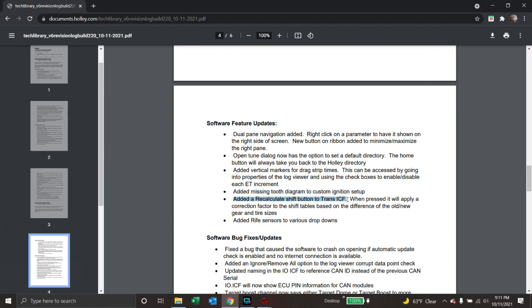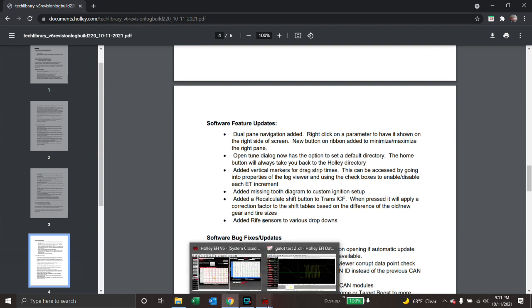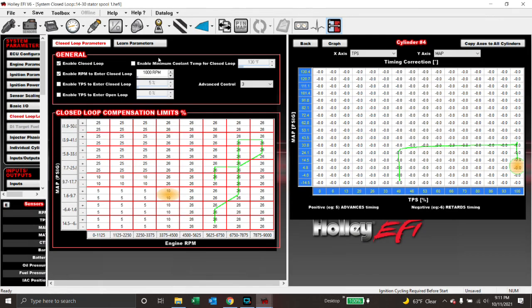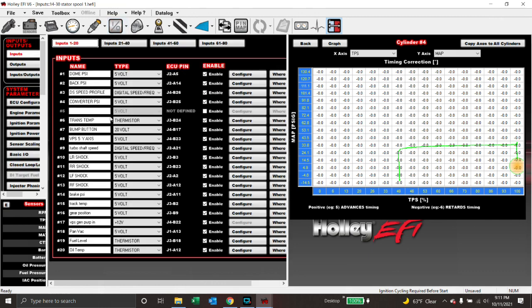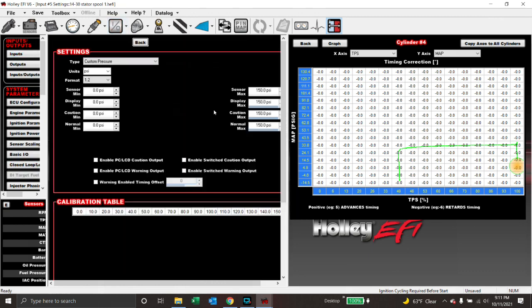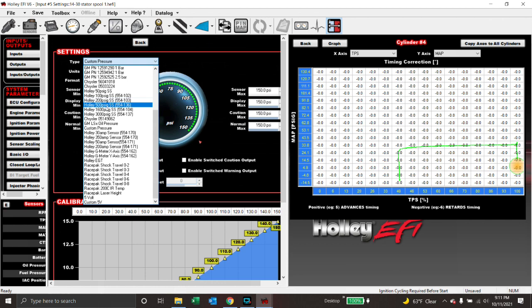This does not pertain to the race trans stuff. This is for like 4L80s and whatnot. And they also added RIFE sensors to various drop downs for IO. You know, they already have the scaling already in there for RIFE sensors. So like we can look at that quick. If we go into inputs and let's just enable this one, configure, and we've got